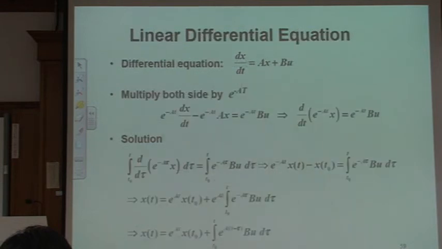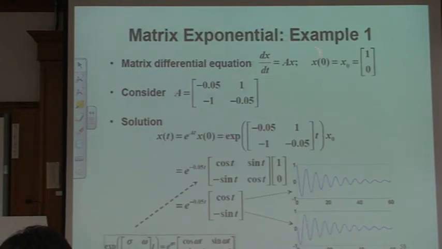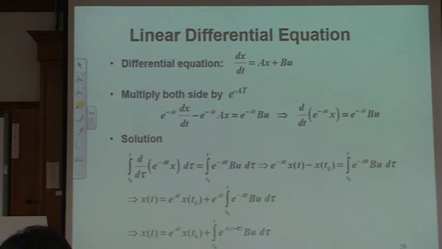Okay. And the differential equation, if we have input, the previous one we don't have input. Okay. What about if we have input? How can we solve this kind of situation? If we have input, actually it's very simple. We can also multiply this equation on both sides by this one term here. So you multiply this guy here and multiply this here, and everything is multiplied again. And because this e^(-At) is equal to this